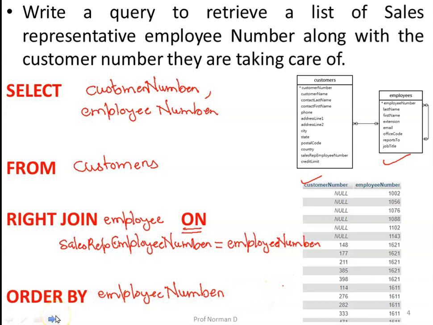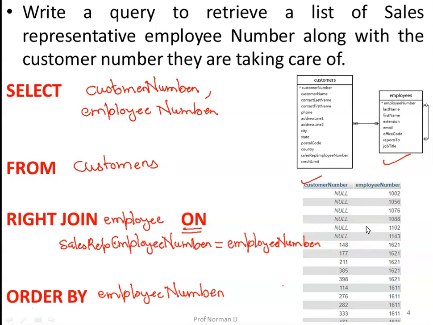You see there are two attributes, customer number and the employee number. All the tuples from the right hand side are present, whereas if there is a match, the value is appended from the left hand side table, else it is appended with the null value.